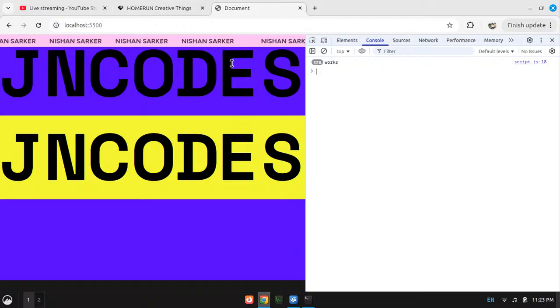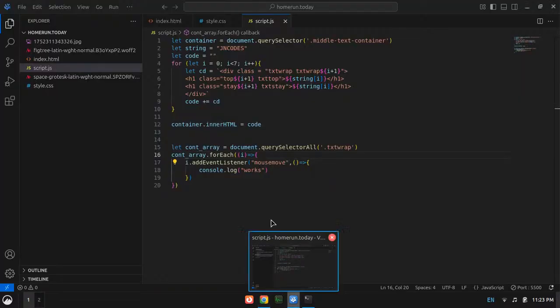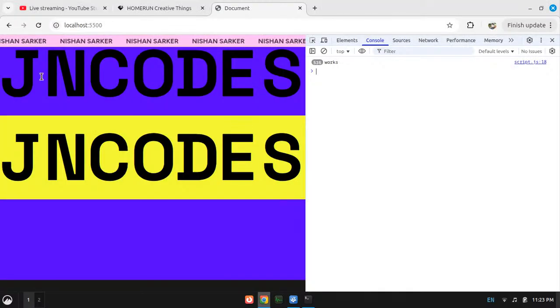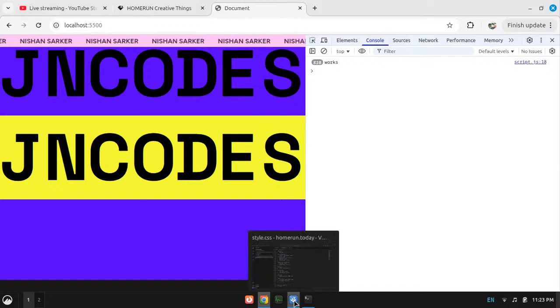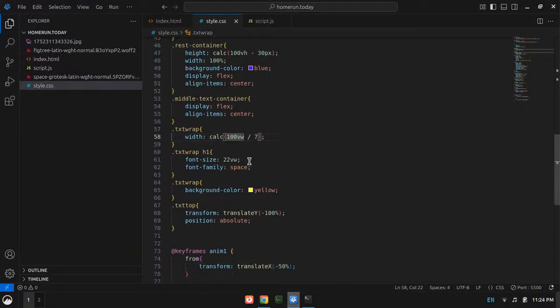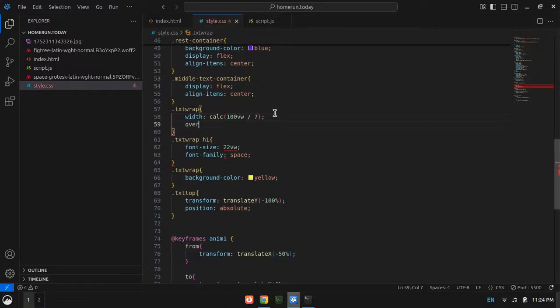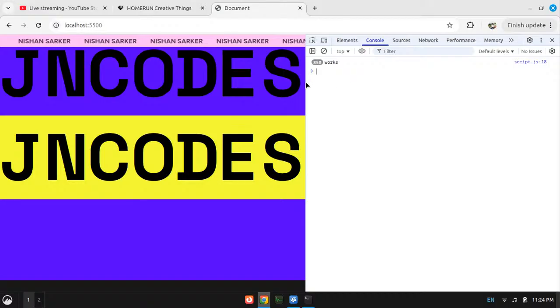Okay, why is it working over here as well? Why? It should not work over here, right? I'll just say overflow hidden to here. Now it should work perfectly, I guess.